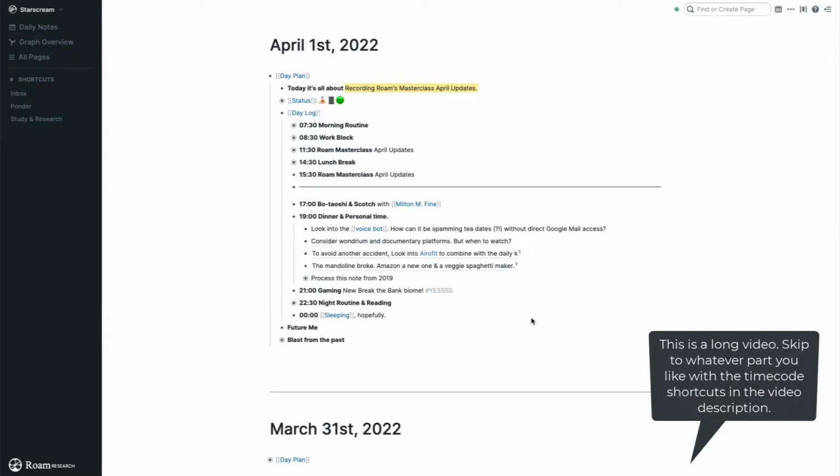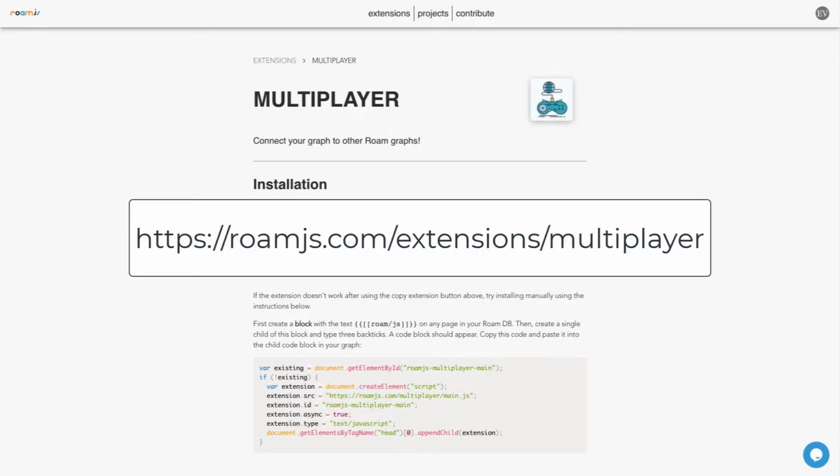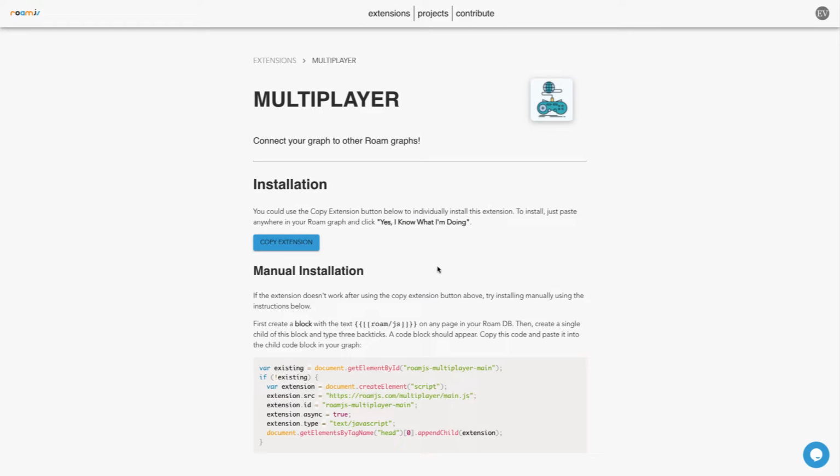In a previous video, I told you how Roam now allows for infinite graphs, and this means that interacting between them should be a core feature. These guys here at romegs.com make it possible with this extension. Now, I would love to show you right away how it works, but installation is so easy that let's do